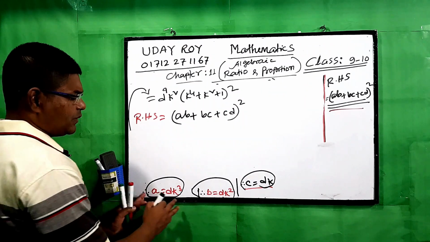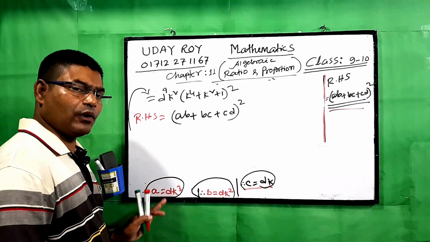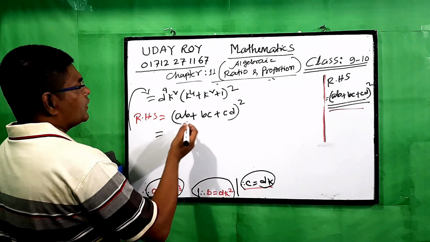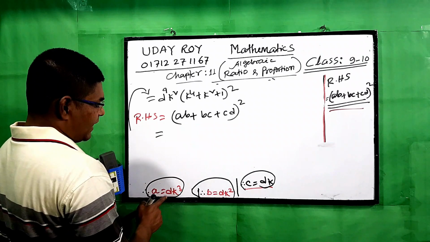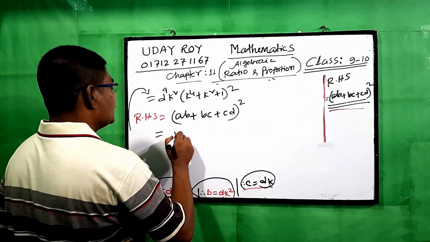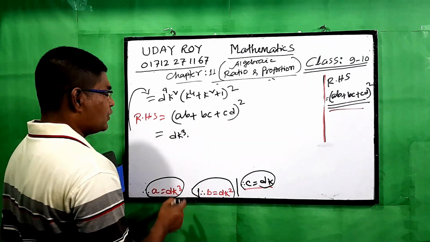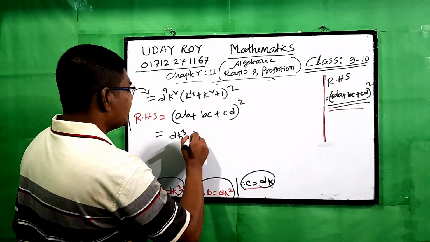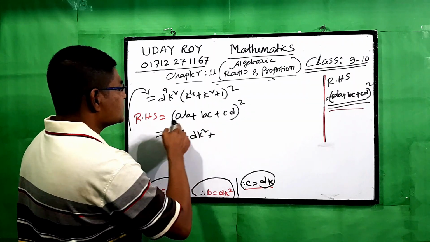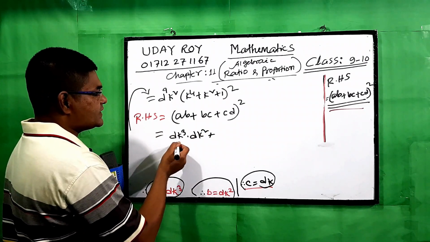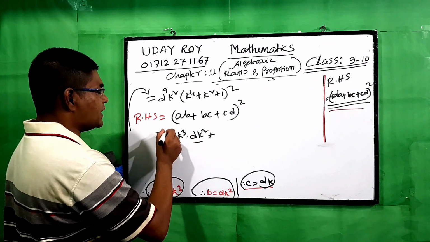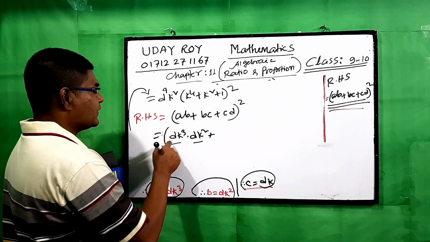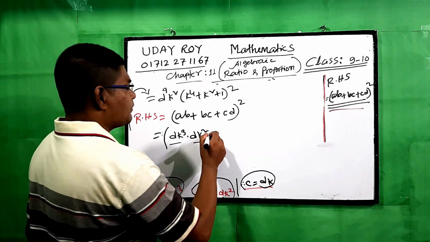For your betterment, you can easily follow the board carefully. Now AB: what is the value of A? A is dk cube. What is the value of B? B is equal to dk square. So AB is done. This is the value of A, this is the value of B. Be careful with this bracket. So we have got AB plus